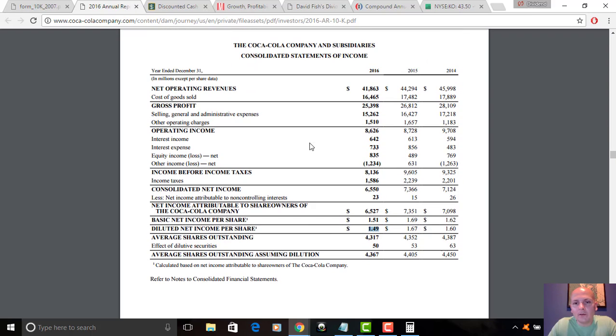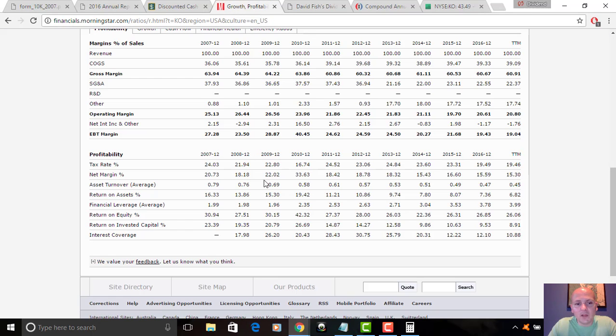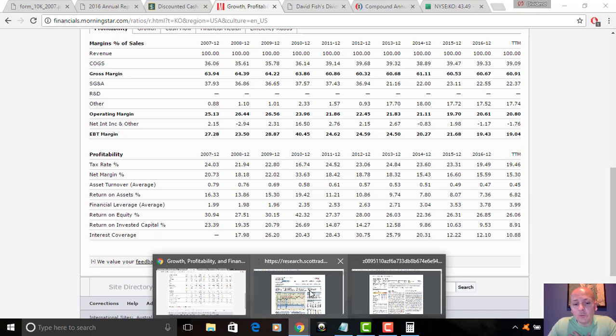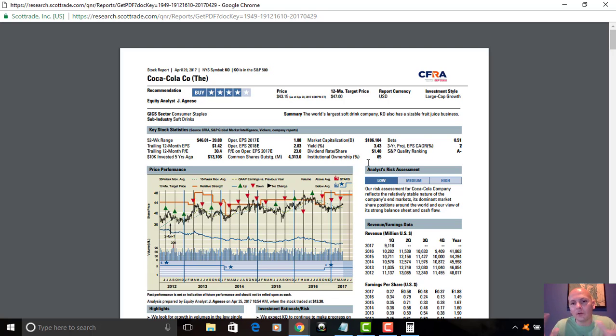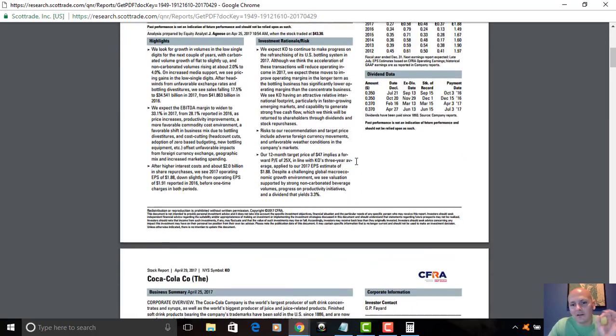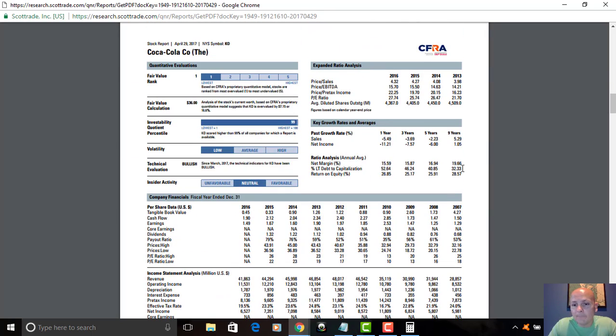And then the next section I look at in these articles is profitability, which is net margin and return on equity. And Morningstar, again, they're pretty accurate with this. You see net margin here, 20%, dropping down to 16 here most recently. Under 16, return on equity was up near 30%, 26% down here. The source I use in the articles, I look at 5-year net margin and 5-year return on equity, because I consider that a pretty good recent number as an average. So I'm looking at average 5-year numbers for these two profitability metrics, and I use S&P Capital IQ for that. And you see here net margin 17% over the last 5 years for Coke, return on equity 25.91%.